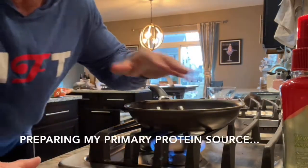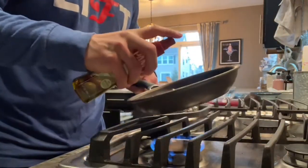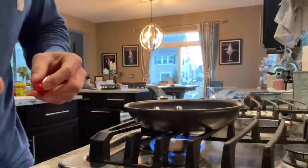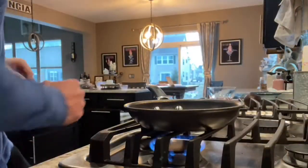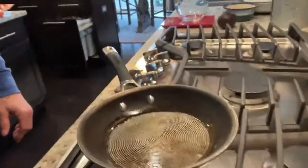So as the pan is heating up, I simply take some Pam spray. 1, 2, 3, 4, 5. Five sprays is 1 serving, it's 10 calories. I actually didn't add that into my calculations, but it's pretty darn close. So the first thing I do, once I heat my pan up,